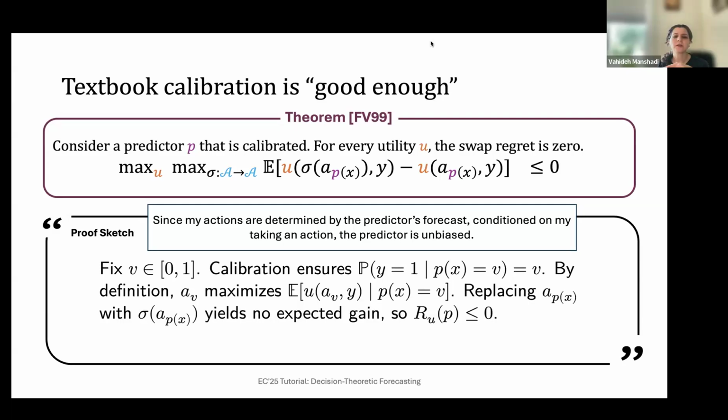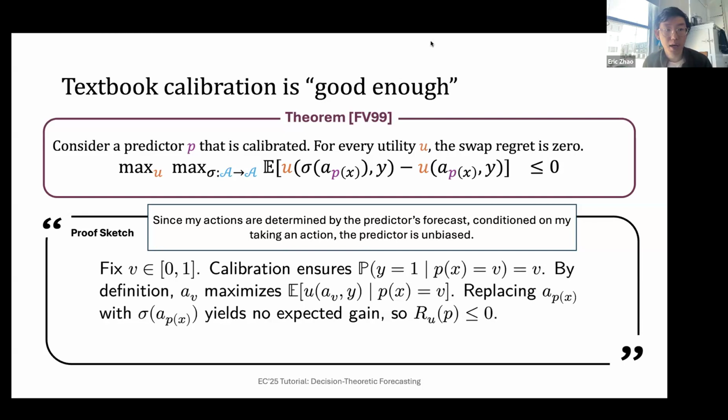I see. And this can also be generalized if I have non-binary action, or is this just for binary action? So here, the actual action space doesn't matter. This is true no matter how complex my action space is. I just wrote it for binary because calibration is a little easier to think about, because prediction probabilities are real valued. Nice. And one last question, the utility function can be anything? Yeah, the utility function can be anything.